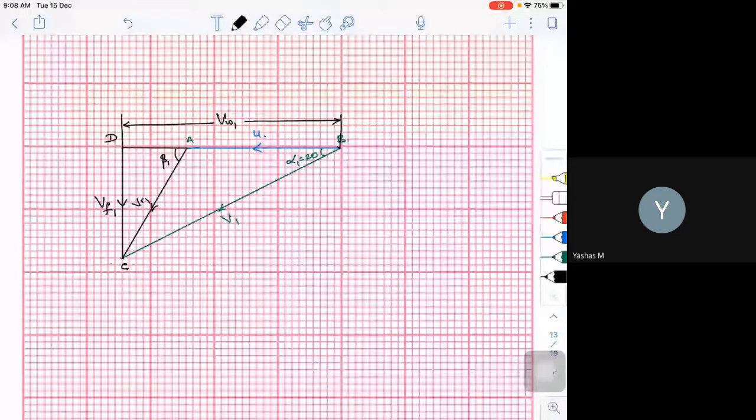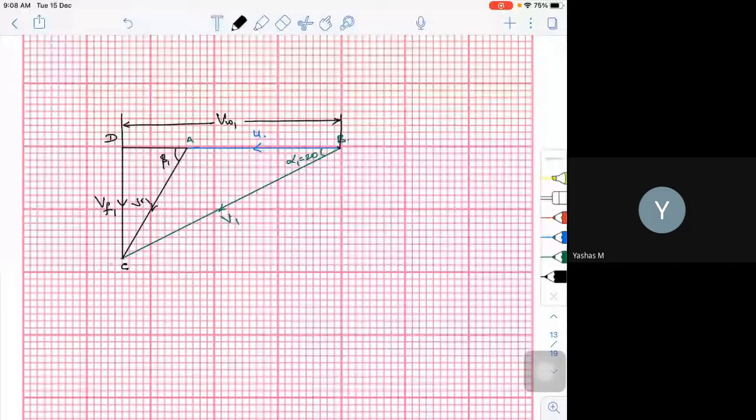Now once you got your beta 1, what is your beta 2? Beta 1 you have measured. Beta 1 I may get around 34 or 35 degrees. Theoretically I am getting 34.93 or something, which I round off to 35. But when you are drawing graphically, you may get roughly around 34 or 35. It should not be more than 35 or less than 34 if you draw your velocity triangle accurately.